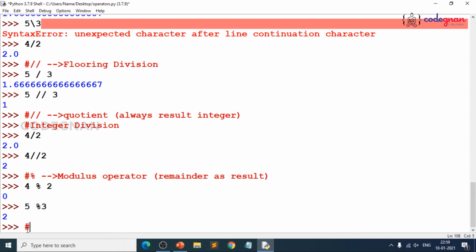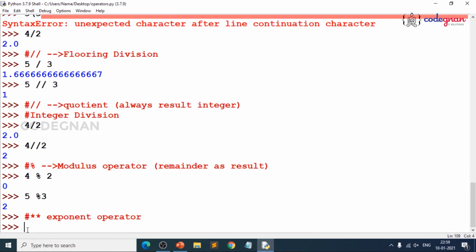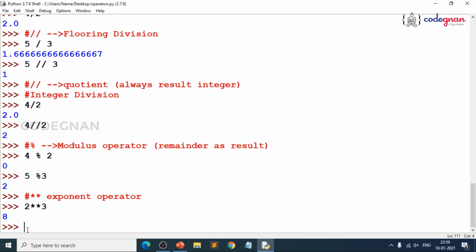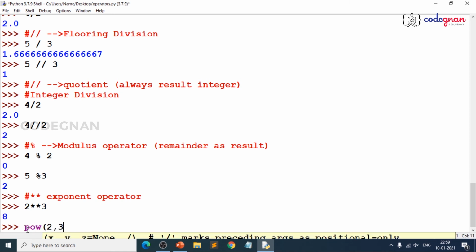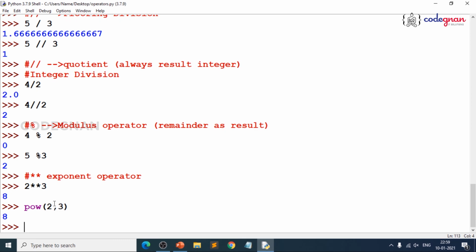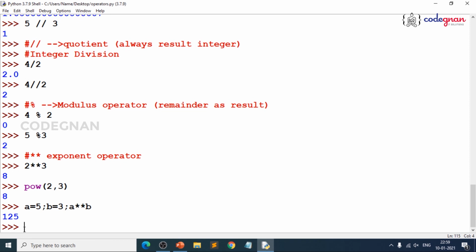Then the final thing is double star. Basically, double star is called the exponent operator, where you take the power of the value. It is called exponent operator, and because you always involve two operands, it is also called binary. So, 2 double star 3 is 2 cube, where you get a to the power of b. You already have a built-in function called pow, 2 comma 3. The same logic applies. Here a is 2, b is 3. Suppose you declare a is equal to 5 and b equal to 3, if I give a double star b, that means 5 cube. 5 5s are 25, 25 5s are 125.